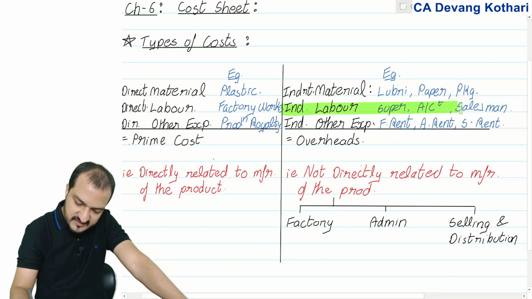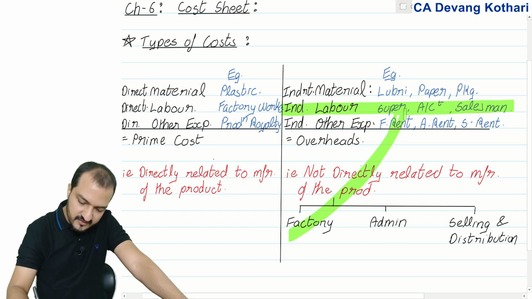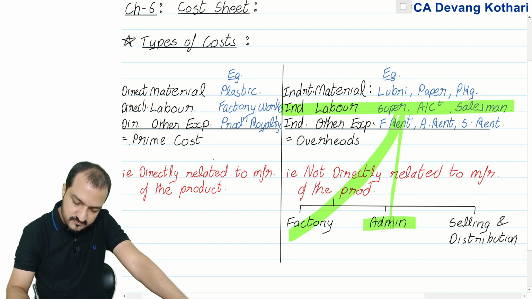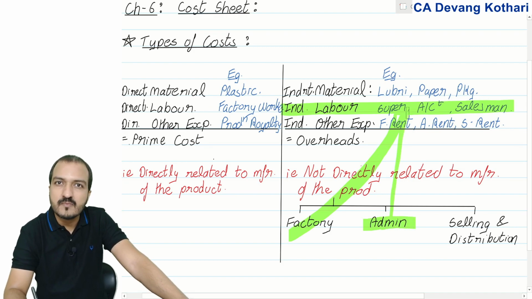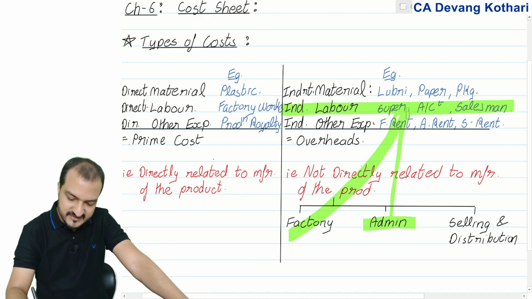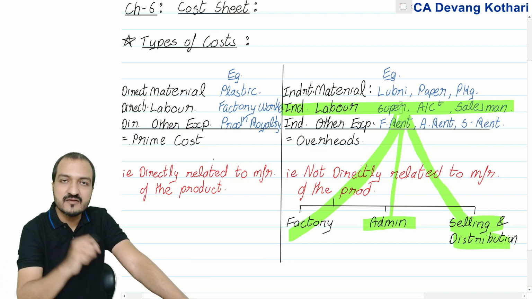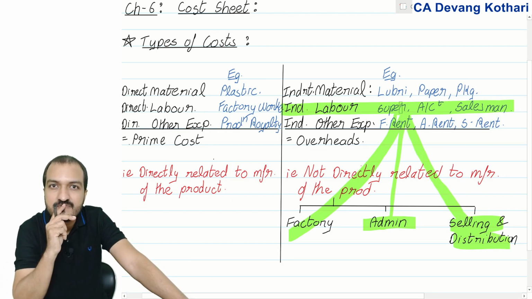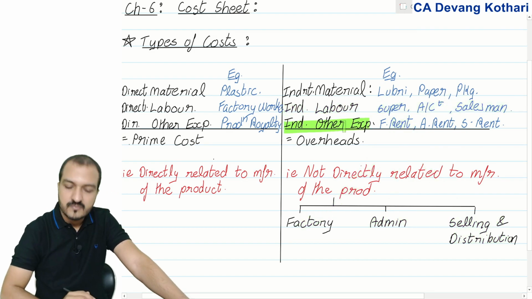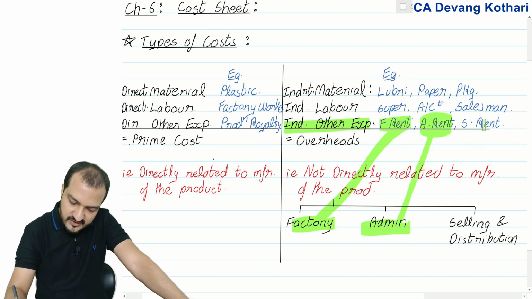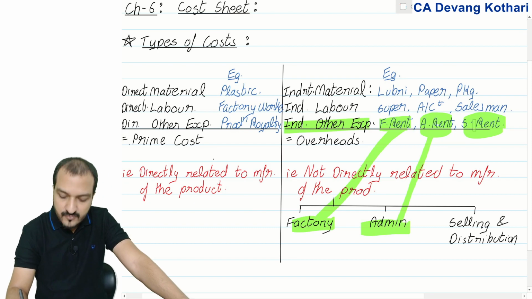Exactly. The supervisor salary is incurred inside the factory. Which is the indirect labor incurred for admin purpose? Accountant salary, yes, incurred for admin purpose. And for selling distribution, you can say the salesman salary is incurred for selling distribution. Same goes for rent. Factory rent falls under factory overheads. Admin rent will fall under admin overheads, and showroom rent will fall under